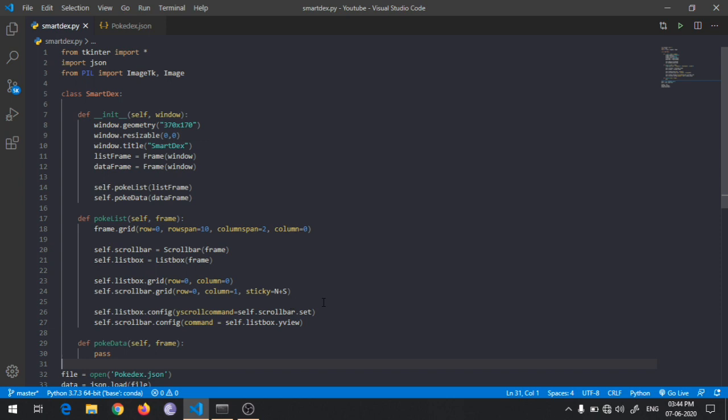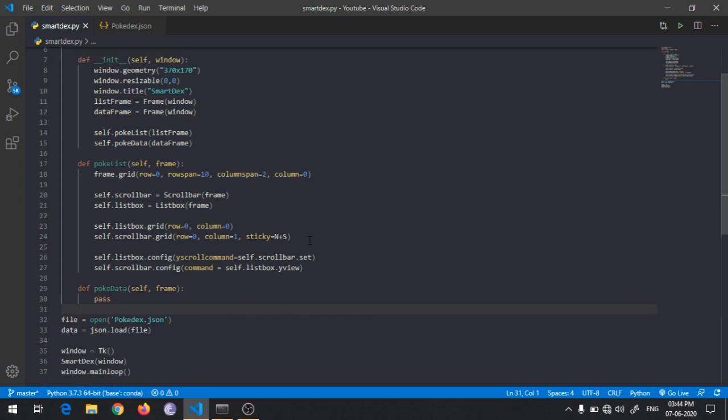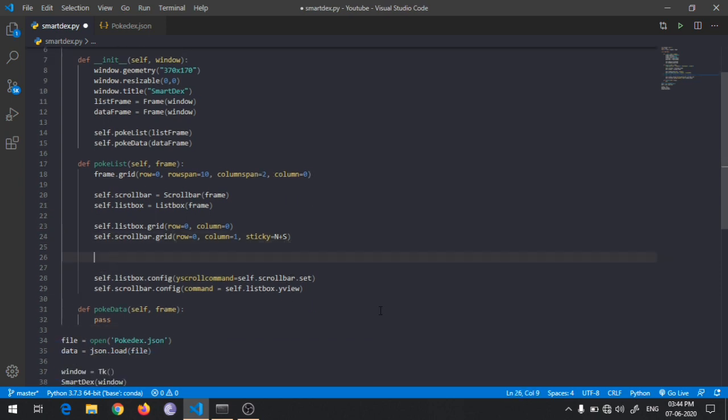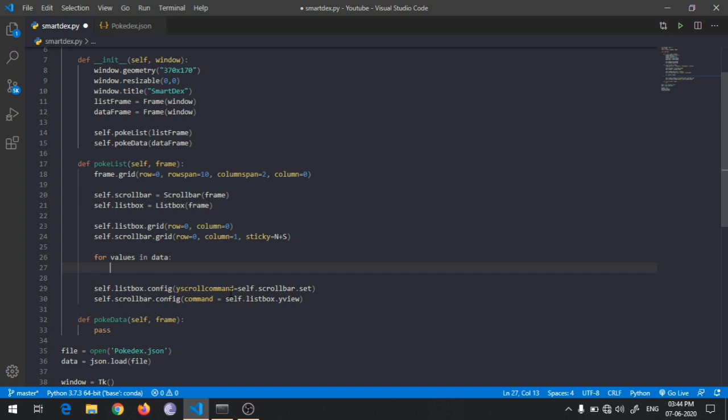Okay, so I will add some content here. So let's just add content from the data object into this. So for value in data, since it is a global variable, we can call it anywhere. Okay, so value will be our values. So I want to show the Pokédex number with the name of the Pokemon in the list box.